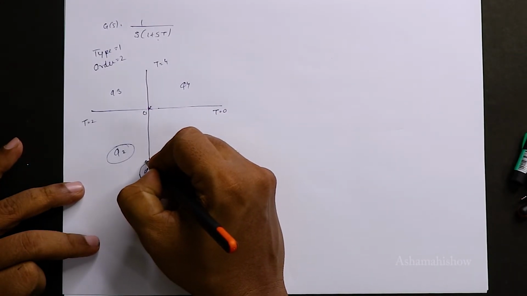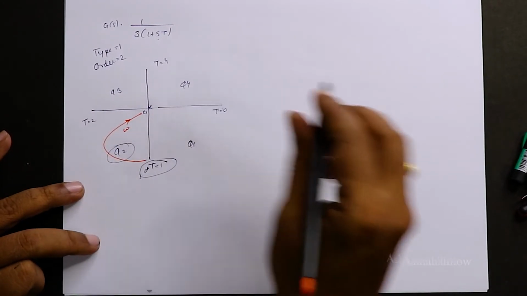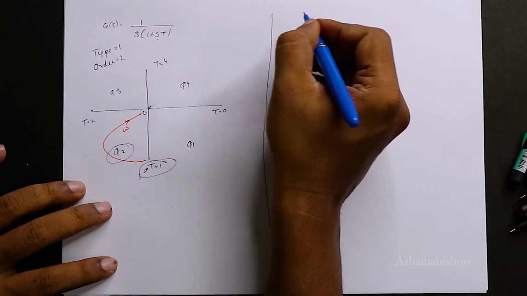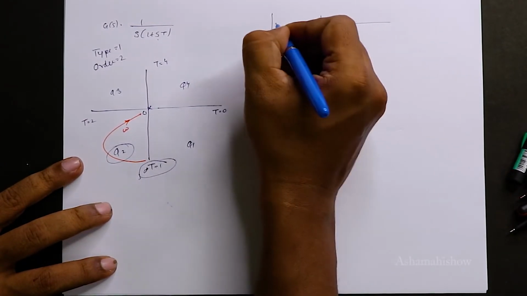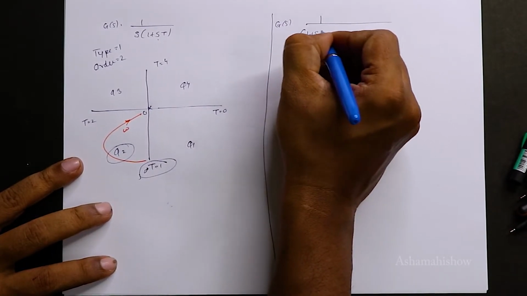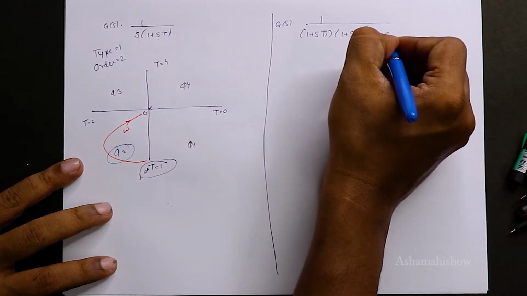Starts at infinity and approaches the 0 like this. Okay, omega will be traveling in this manner. Okay, the next one, let us make it bigger so that you will understand, is 1 plus sT1. So this is the transfer function we got.